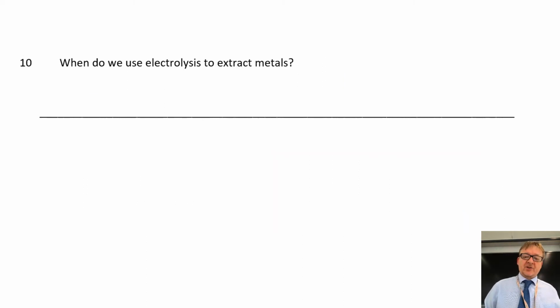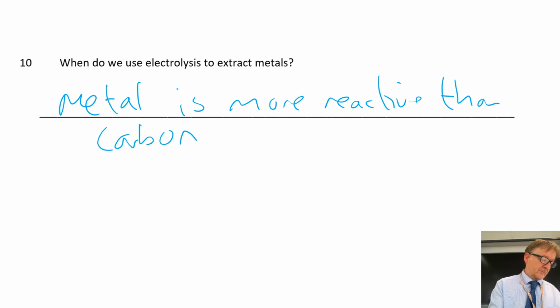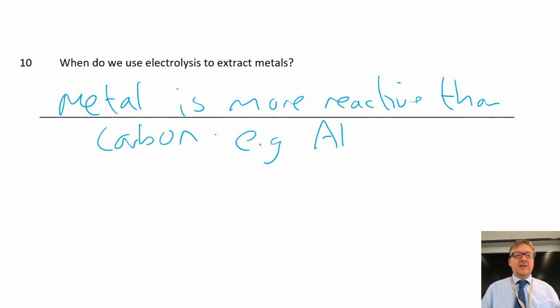When do we use electrolysis to extract metals? We use electrolysis to extract metals when the metal is more reactive than carbon. For example, aluminium. And if you look back at the reactivity series right at the very start, the very first question,